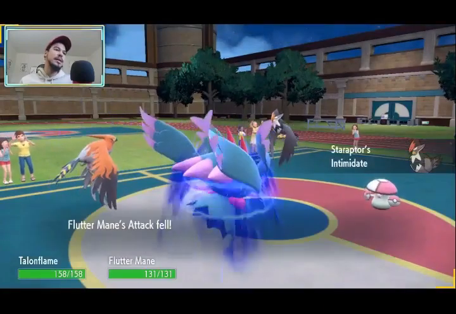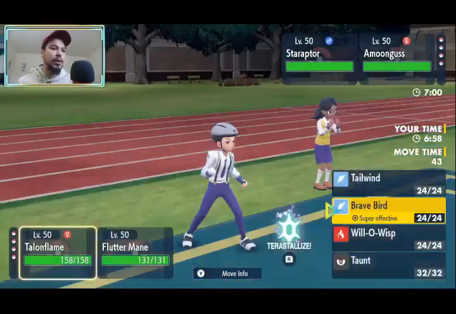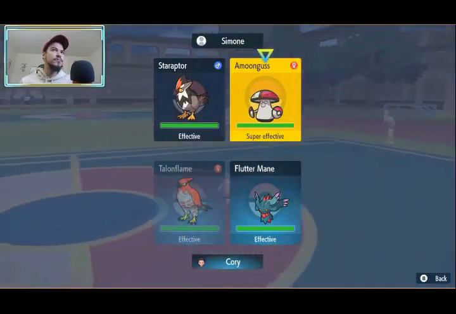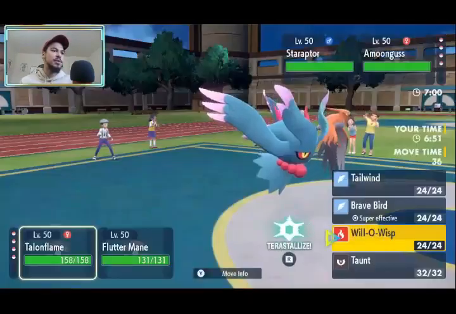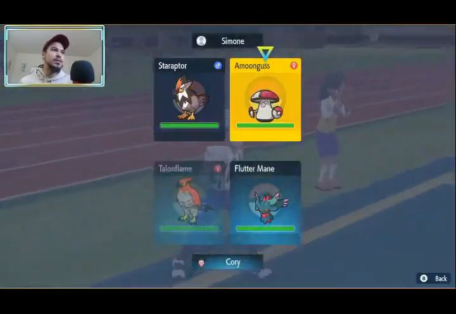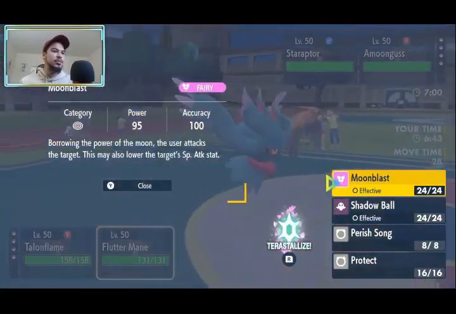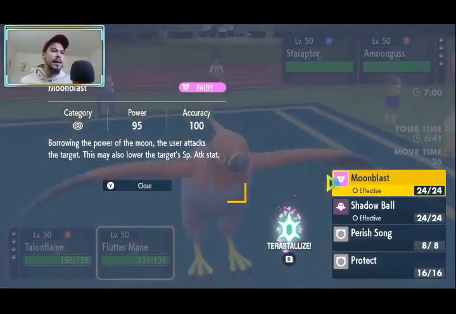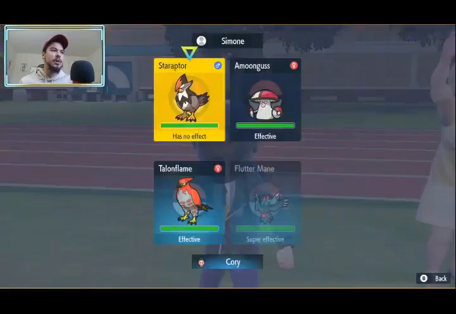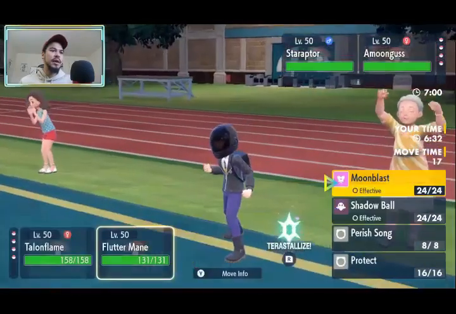So they do get the Intimidate off, which is like, uh-oh, right away. I could try to Will-O-Wisp the Staraptor. I could just straight up Brave Bird into Amoonguss. I could also Taunt Amoonguss. Let's Taunt Amoonguss. Taunt has been really good for me. And let's go for the Moonblast. Or does Rage Powder... I think Rage Powder has priority. So let's Taunt Amoonguss and...